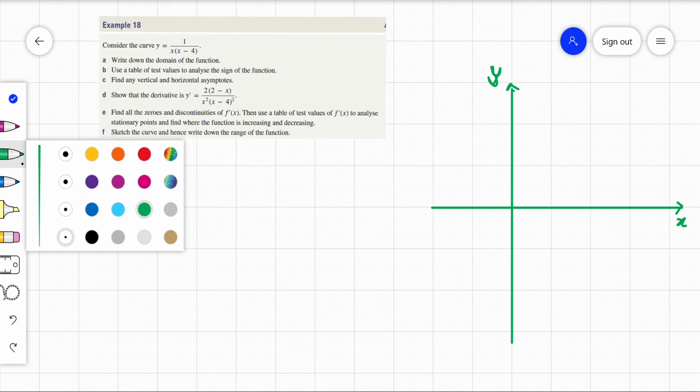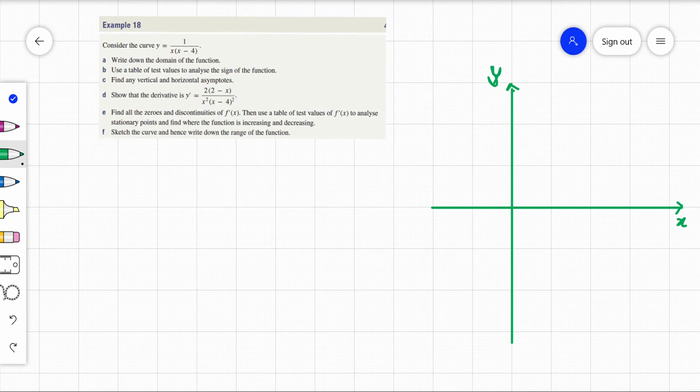So a question like this, normally it's just sketch and you're just using all your tools. So they've scaffolded it here to help you do it. But really, if we just look at this curve, what are the kind of efficient tools we can use to graph it? So to start with, we would look at it and go, oh, look, you cannot have x equals